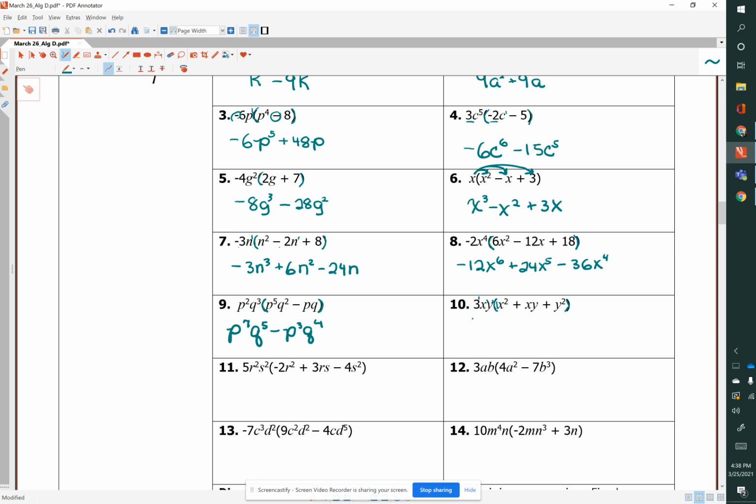So 3 times 1 is 3. X times x squared, 1 plus 2 is 3. And then we have our y. That's only the first term. Now we go to the second term,